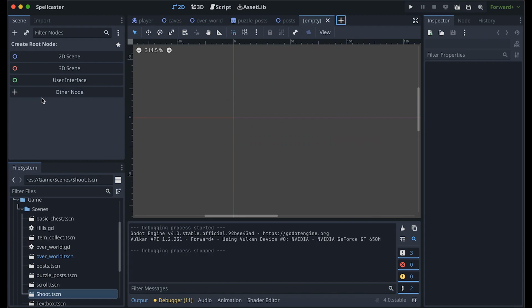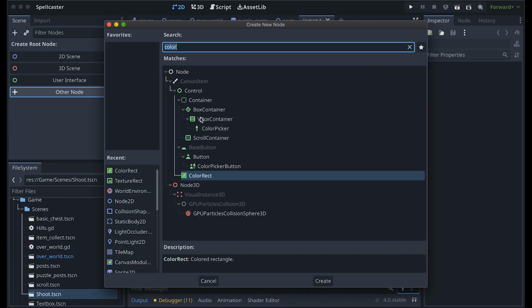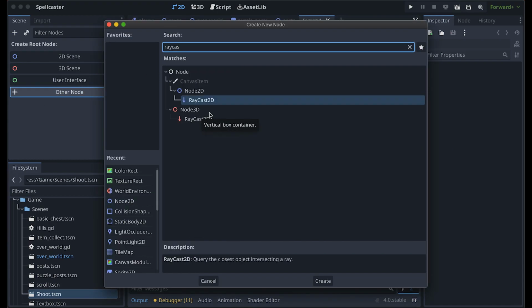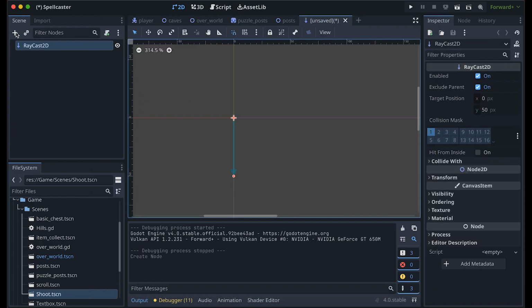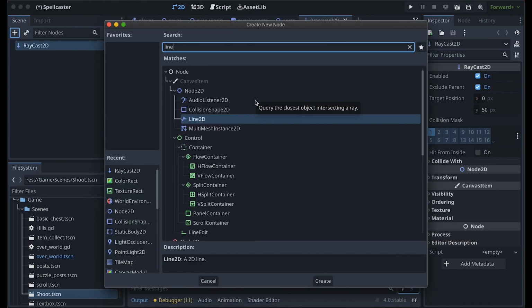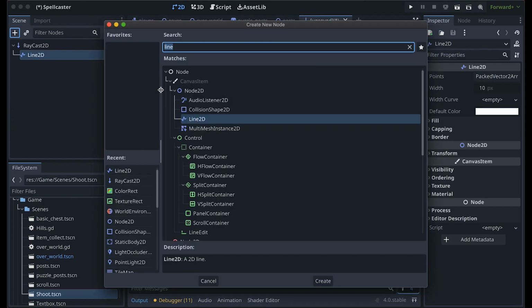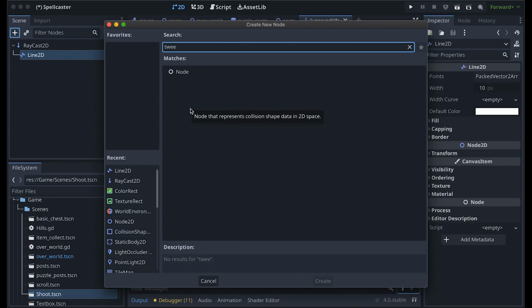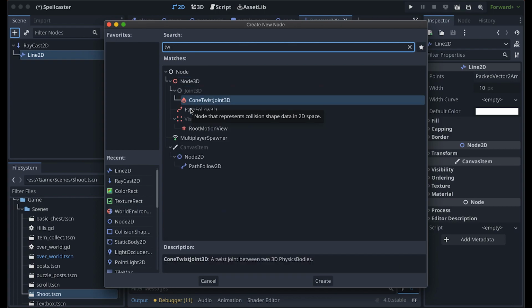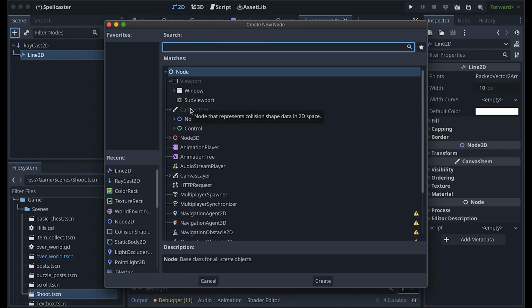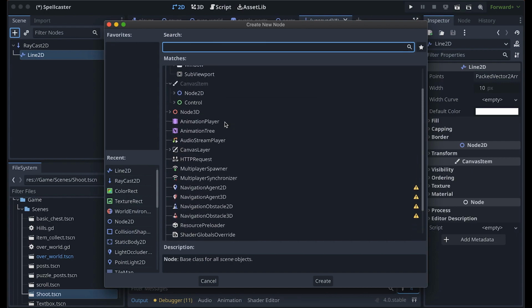So after doing that, I decided to start work on the energy beam. Now originally I was following a tutorial by GD Quest. I think it's for Godot 3.5. I'll link the video in the description. Now, it looked really good, however, in Godot 4, you need to change it because there's no tween node, so